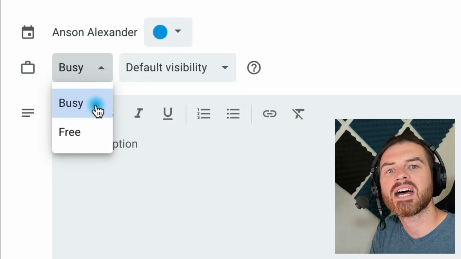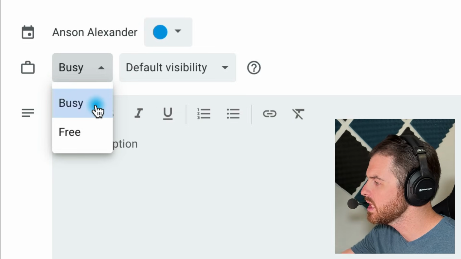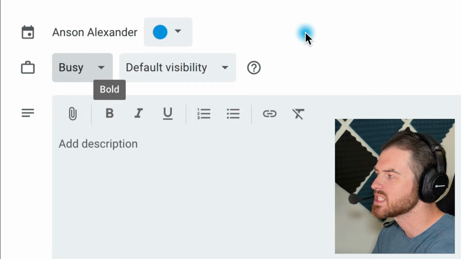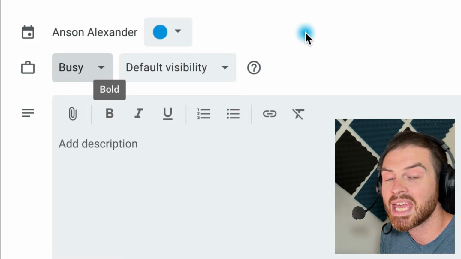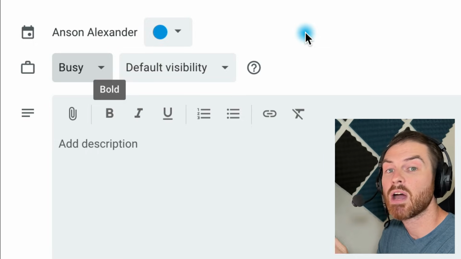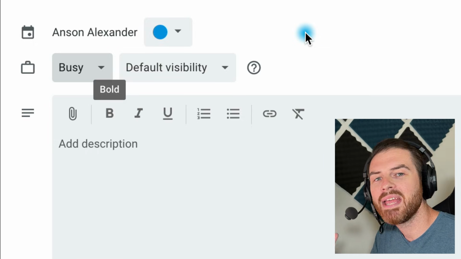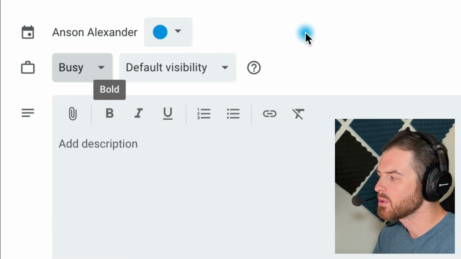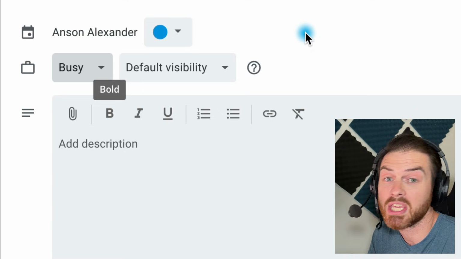So if somebody else is going to invite us to an event and we have selected busy and we go ahead and save this event, if they schedule their event for the same time at 8:30 on August 7th, it's going to let them know when they invite us that we're busy at that time. Now, depending on what we do with the next option, they may or may not be able to see why we're busy, but the first option just lets them know that we're busy